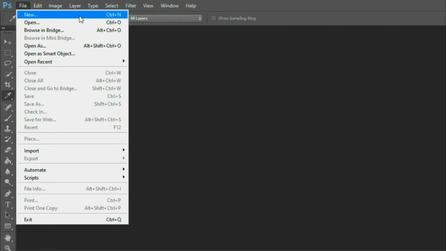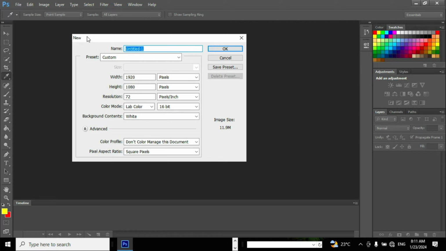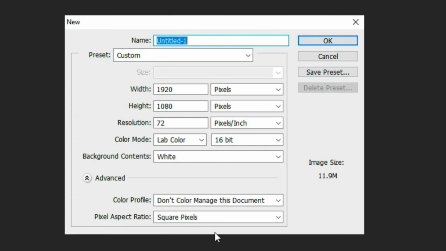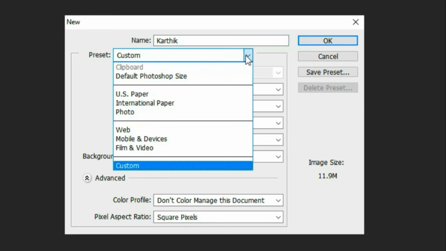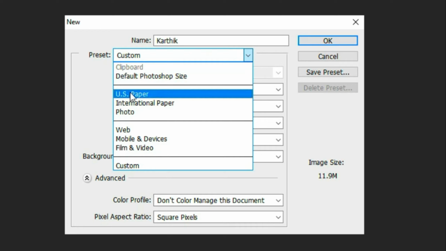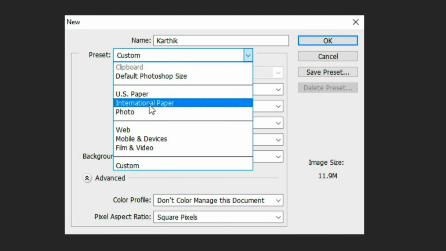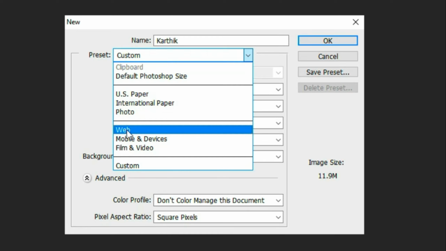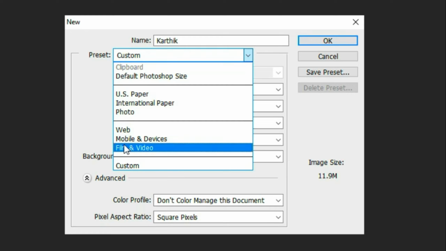When you click the option New, the New pop-up window will appear, and it consists of various mandatory parameters to be filled and updated. The first mandatory parameter is the name. We should provide a name to the document. And the next option is the preset, where preset is the collection of default templates offered by Adobe Photoshop, where preset consists of clipboard, default photo size, US paper, international paper, photo, web, mobile and devices, film and video, and